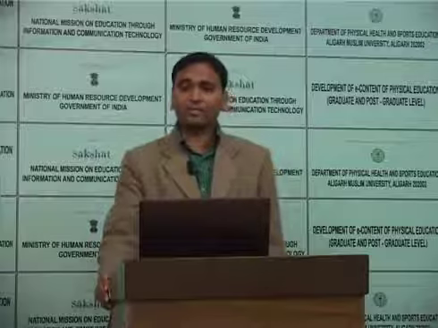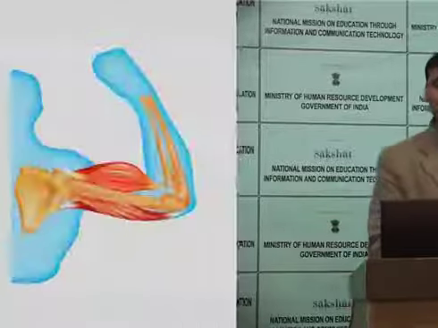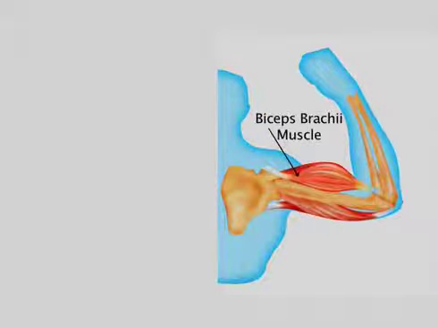First, I would like to discuss the muscle of the superficial layer. The superficial layer of the anterior or flexor compartment consists of one muscle known as the biceps brachii muscle. You can see in the diagram, this is the biceps brachii muscle. It also has two origins. You can see biceps brachii has two origins. See here, one is coming from here. Biceps brachii, I will show you the origin.